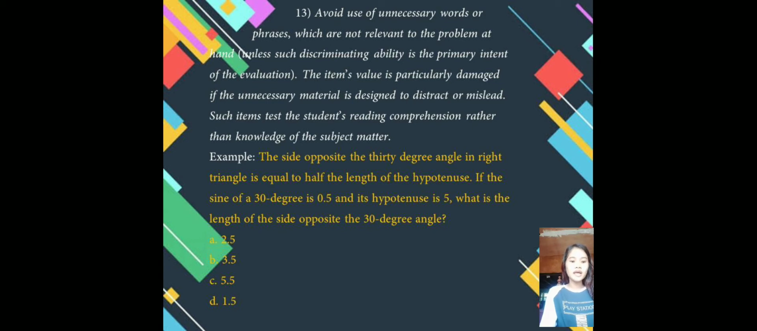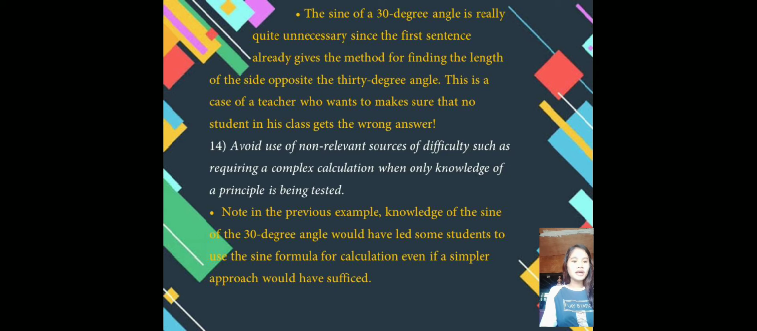Sample question: the side opposite the 30-degree angle in a right triangle is equal to half the length of the hypotenuse. If the sine of 30 degrees is 0.5 and its hypotenuse is 5, what is the length of the side opposite to the 30-degree angle? The sine of a 30-degree angle is really quite unnecessary, right? Since the first sentence already gives the method for finding the length of the side opposite the 30-degree angle. This is a case of a teacher who wants to make sure that no student in his class gets the